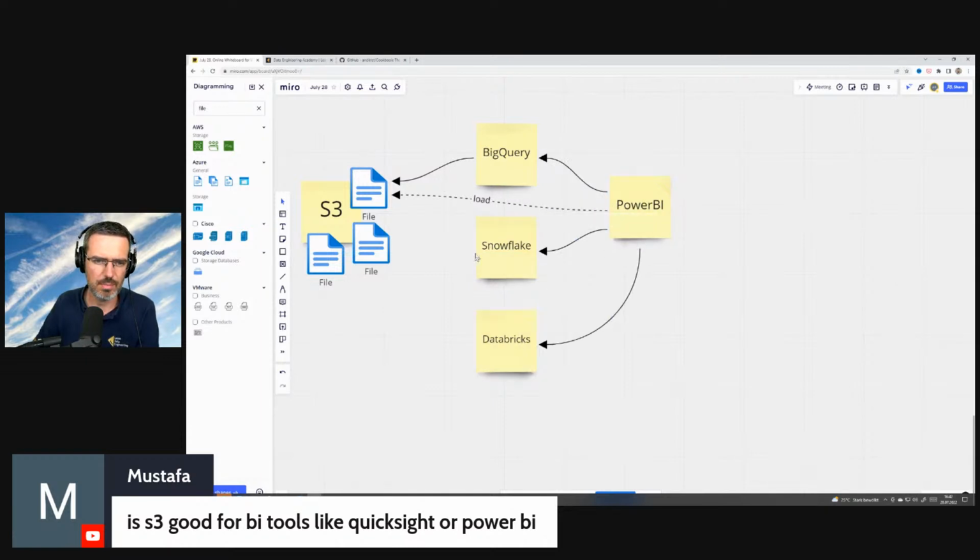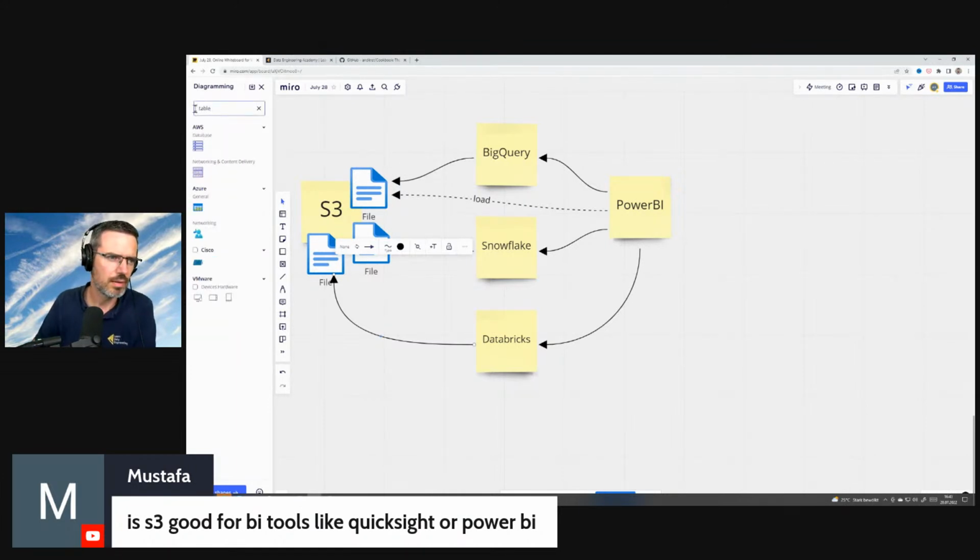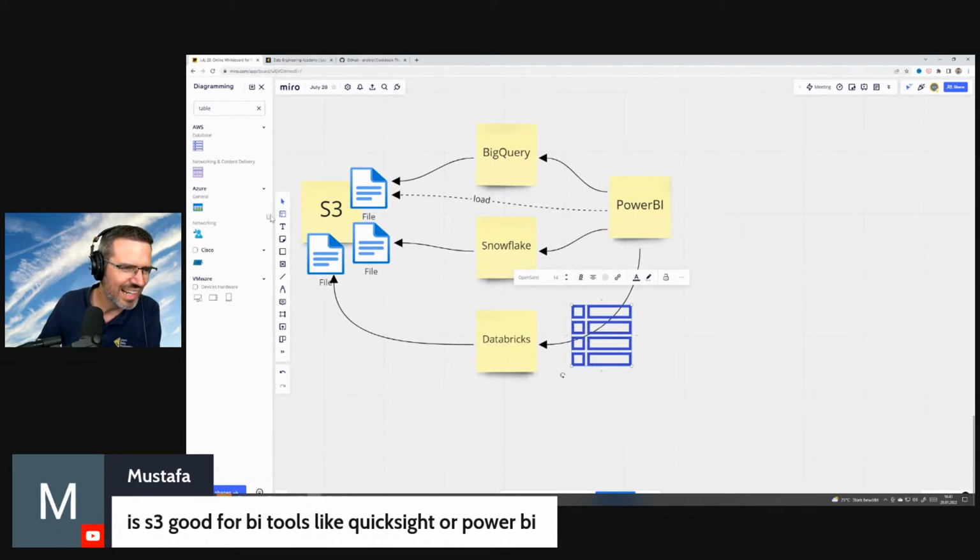Why would you do this? Because these then access the files, but you're not loading the file. What you have here, do we have a table symbol? Here, like a general Azure table, doesn't matter.